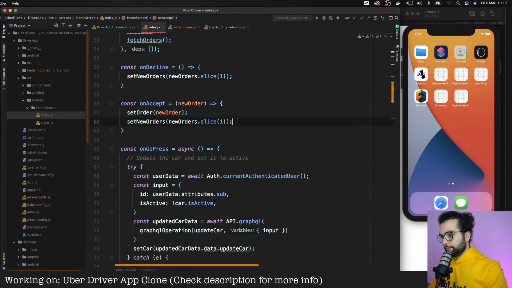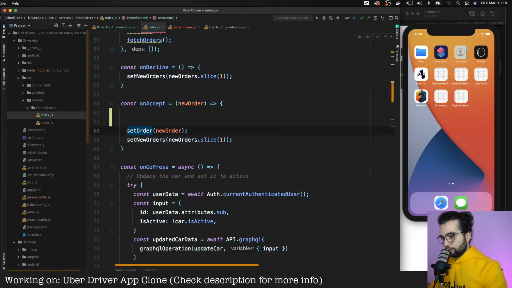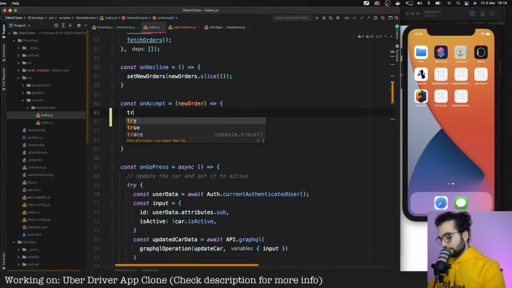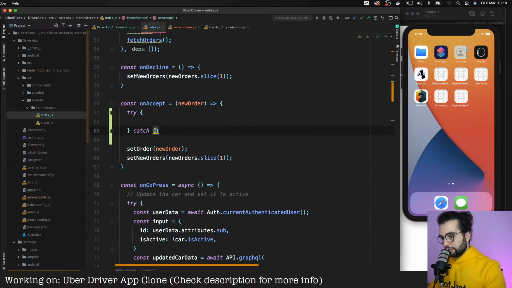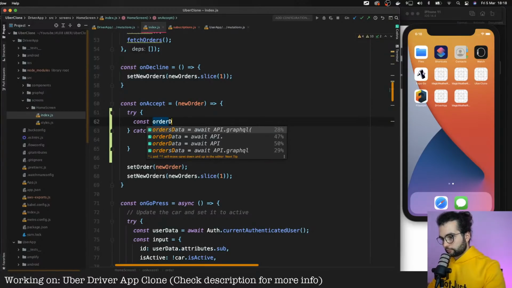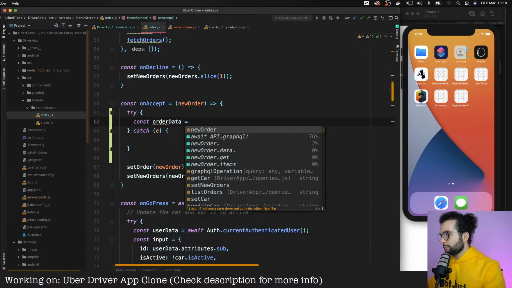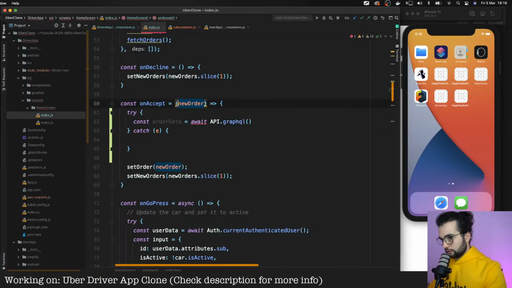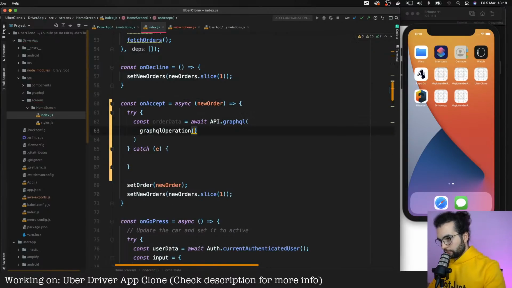All right, let's do it. Not sure if we will still need these two, but we'll try. So try catch. Order data is equal to await GraphQL operation.